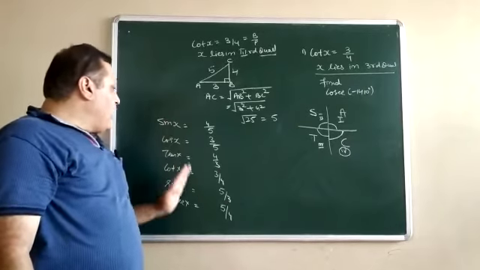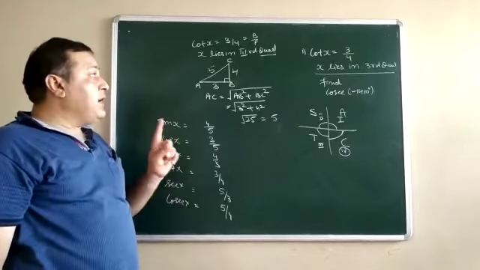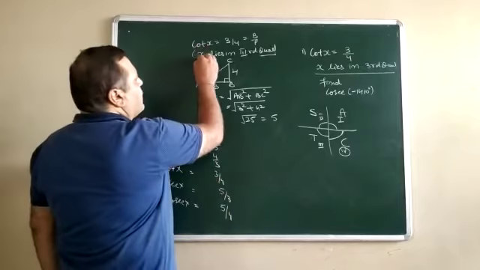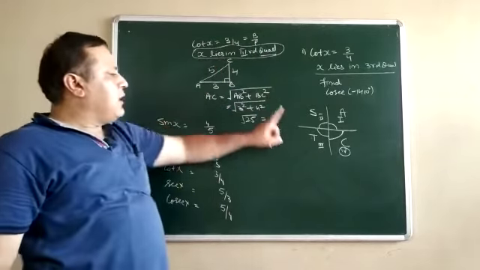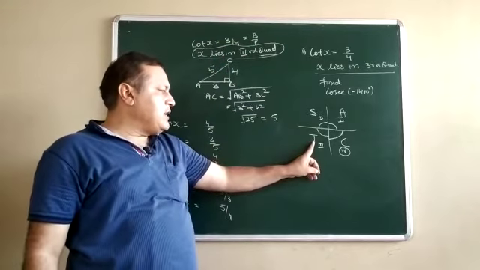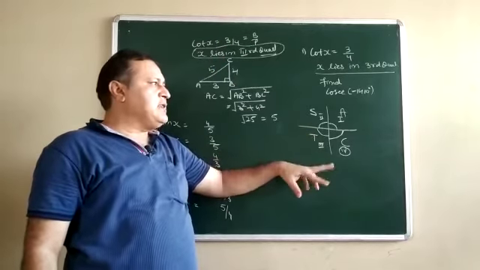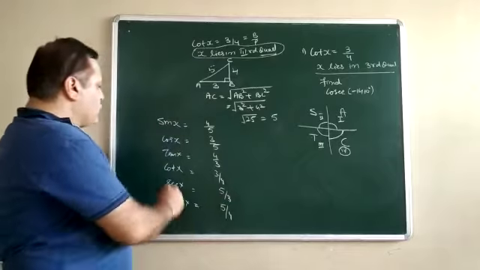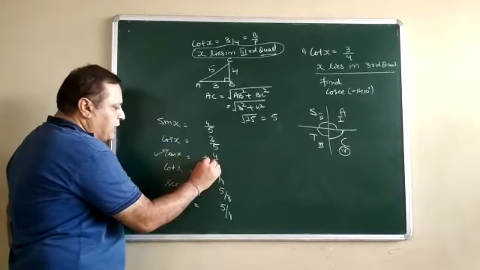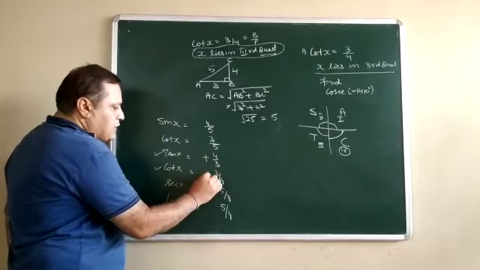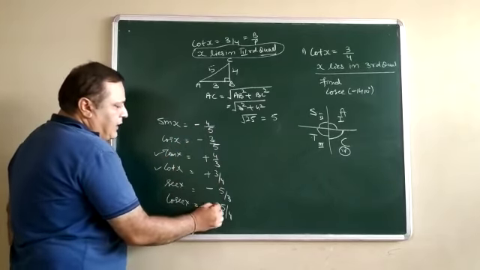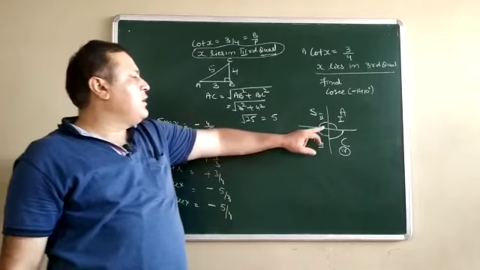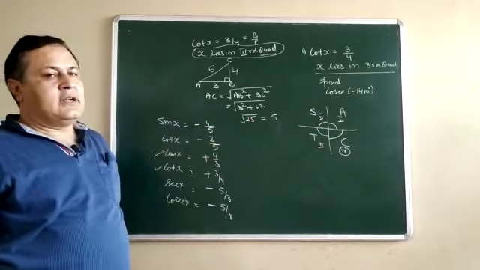This is the way you discussed in class 10th, but in class 11th the most important thing is that x lies in the third quadrant. You know very well, the third quadrant is the house of tangent and cot, meaning tangent and its reciprocal cot. So the result of tangent is positive, the result of cot is positive, and the rest of the terms give negative results. So this is the use of the quadrant to simplify a result.